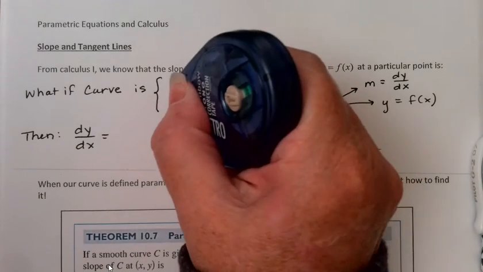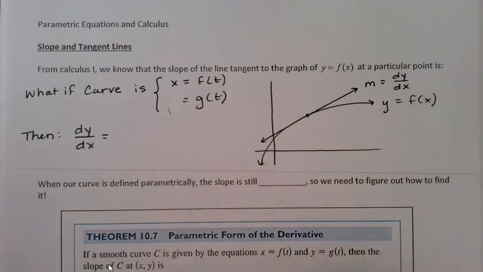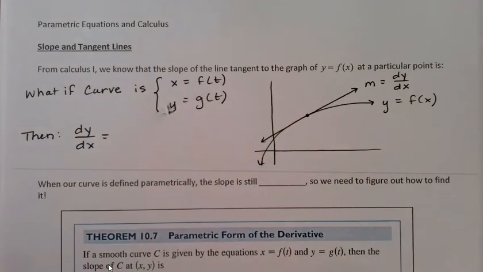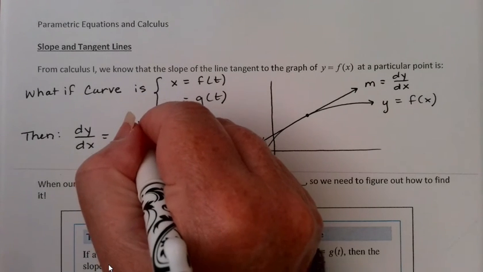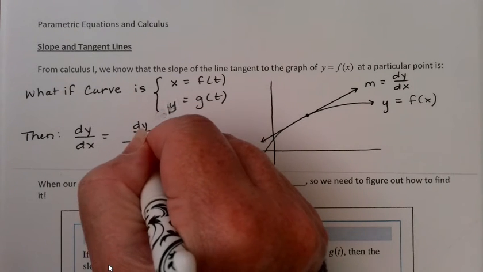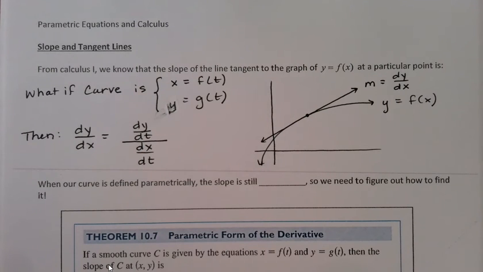I said y, but I wrote g there. It's an x equals and a y equals. Then our slope, dy/dx, can actually be written as dy/dt